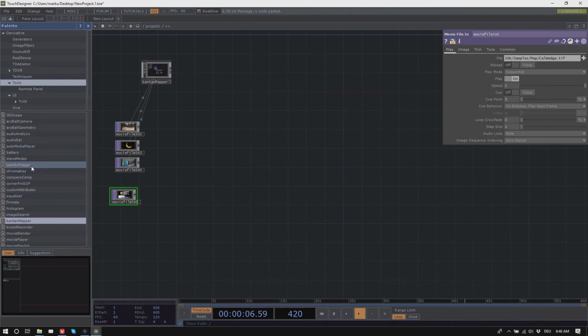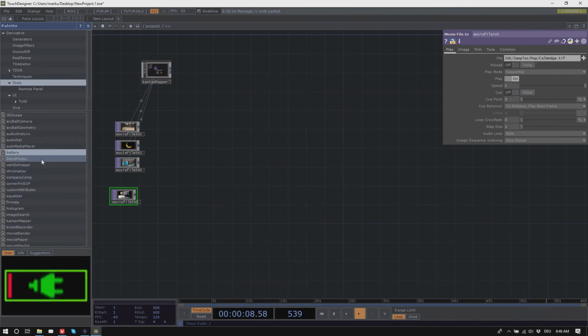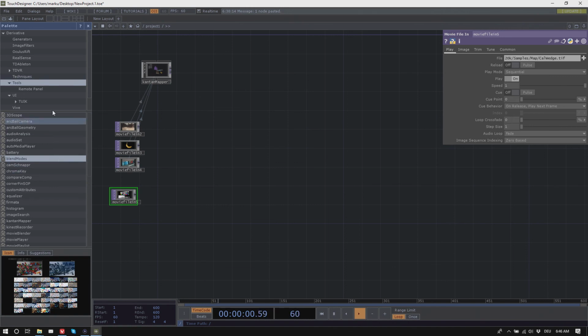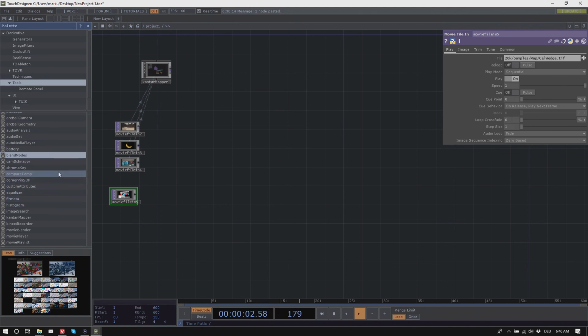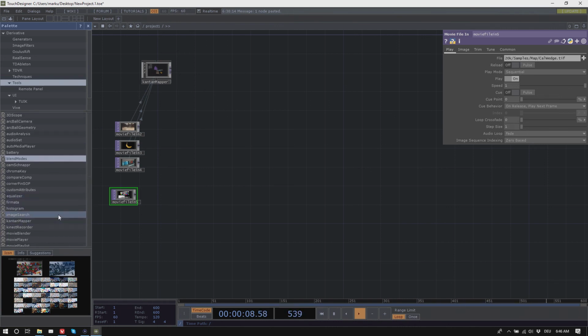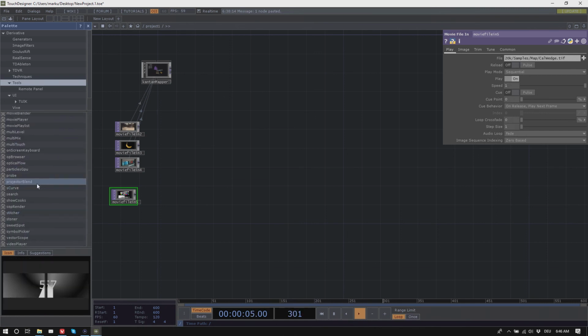There's also, I should mention, a corner, an edge blend here somewhere. Oh, projector blend.